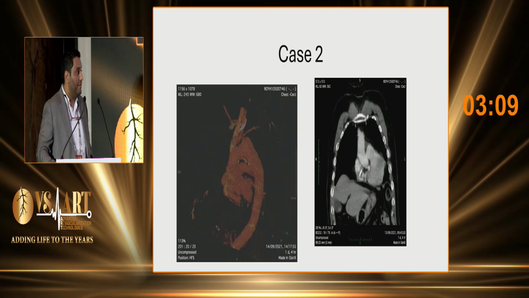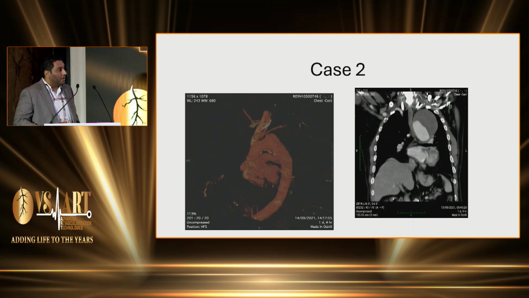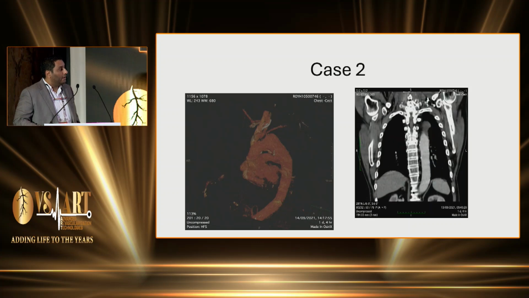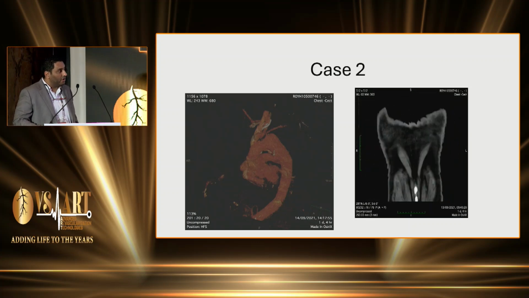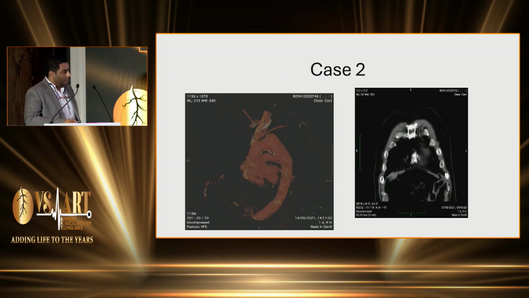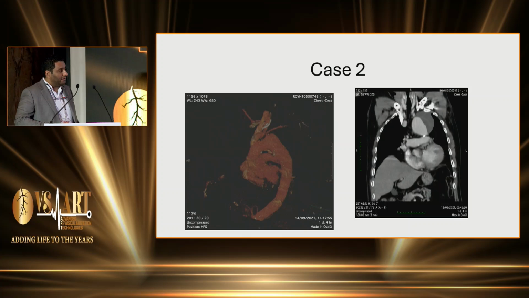The second case was a frail old gentleman with a lot of comorbidities. He presented with a symptomatic arch aneurysm, about 8 centimeters, which necessitated again debranching with carotid bypass and TEVAR. This gentleman had initially good recovery, but unfortunately he had multiple admissions in the first